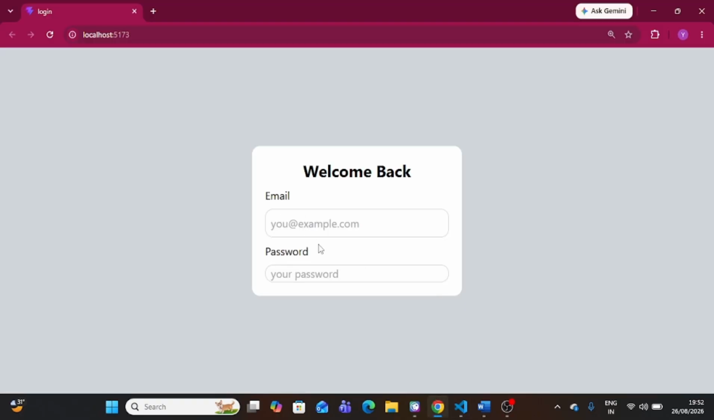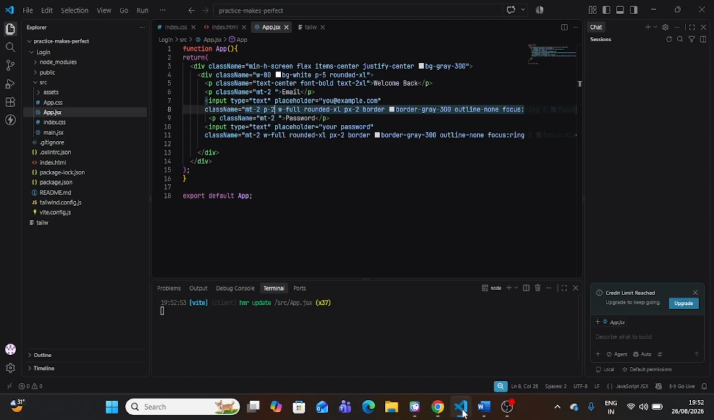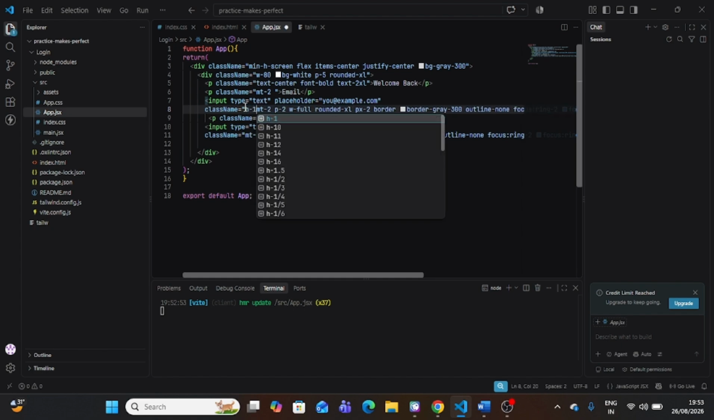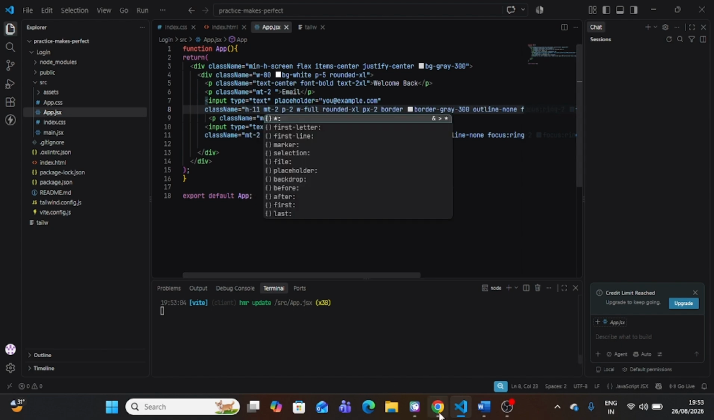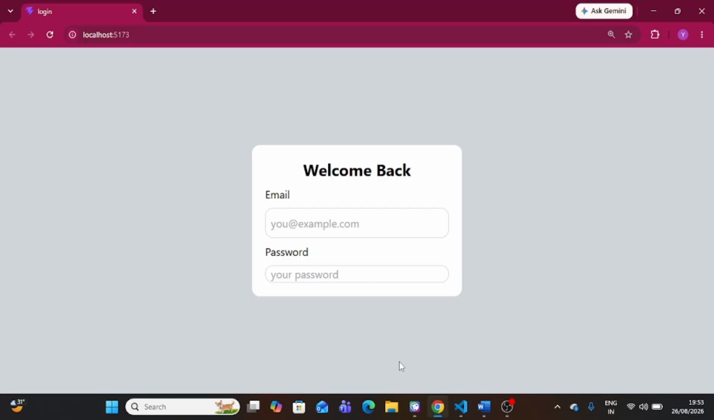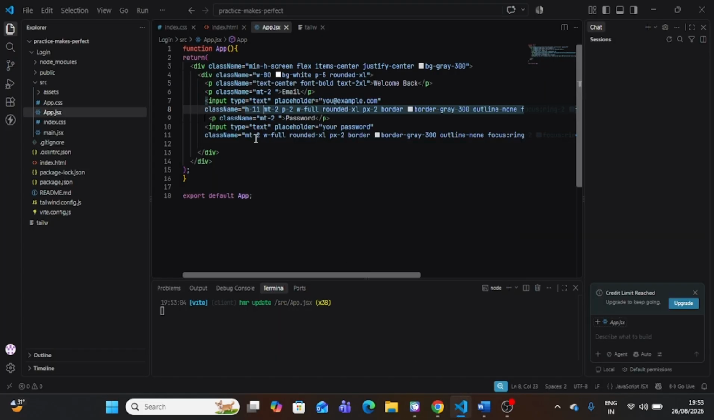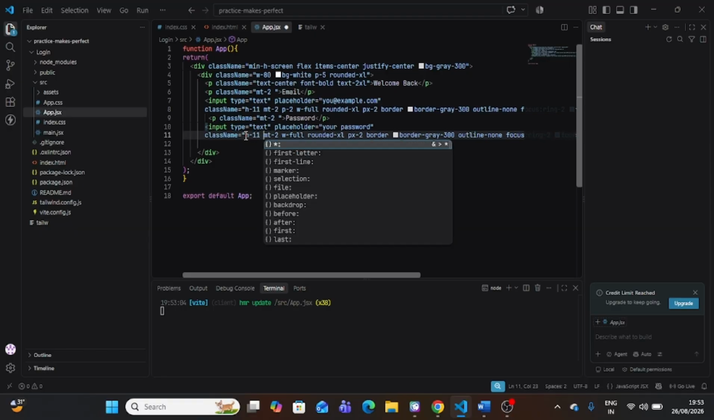Okay, now it is a little bit spaced. But what we want is for our height to be up to 11, not more than that, not less than that. So here we have changed the height to 11. Now in our new input box we will change the height to 11, and we will put the padding